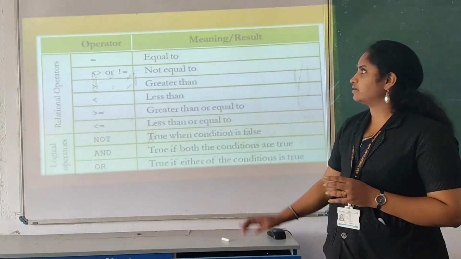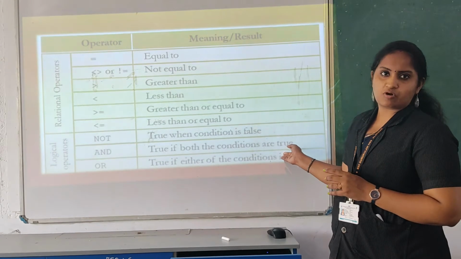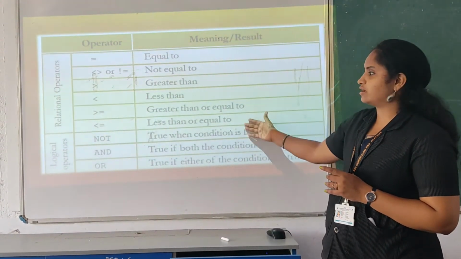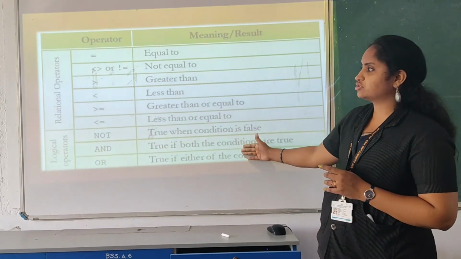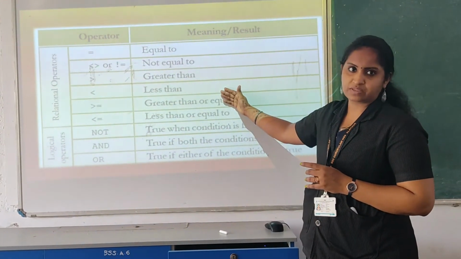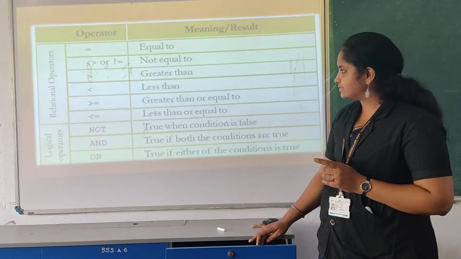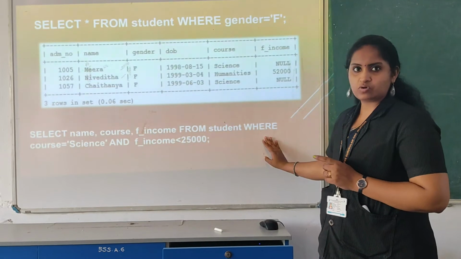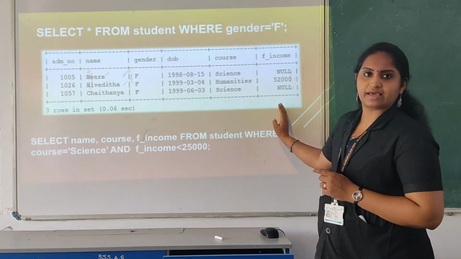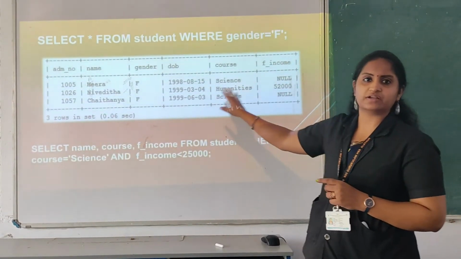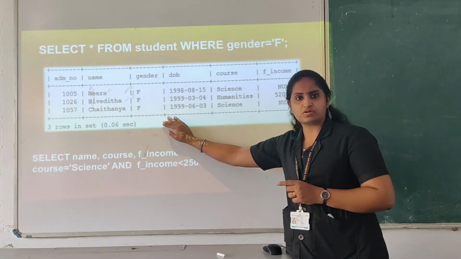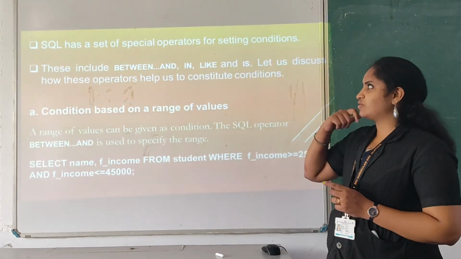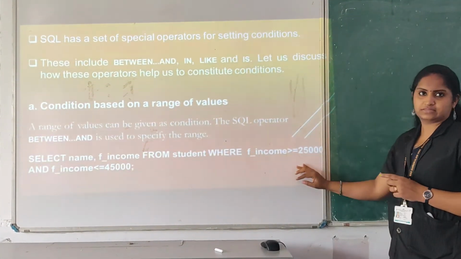Okay, if you want to give a particular condition, you can use where. Here you can use the different relational operators, such as equal to, not equal to. Like that you can use the conditions. Here there are logical operators and relational operators. With these operators you can access the condition with the keyword where, and you will get the information like this. This is a sample of the tables with this condition.